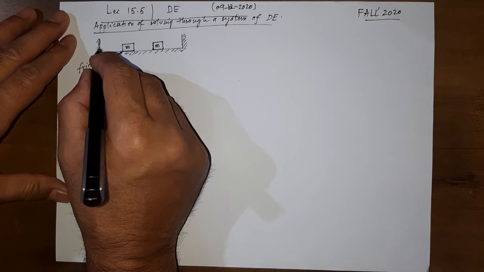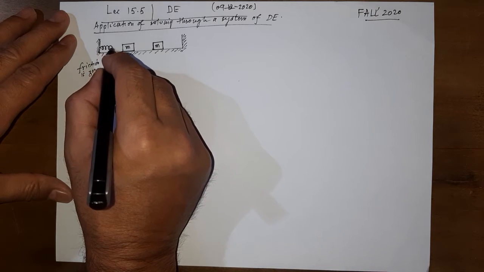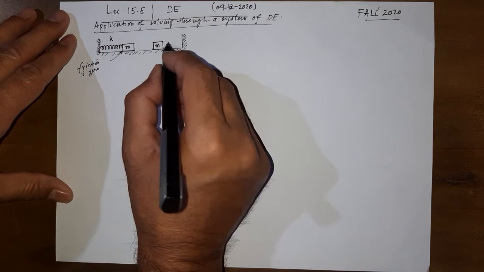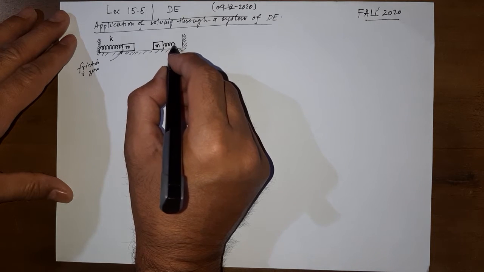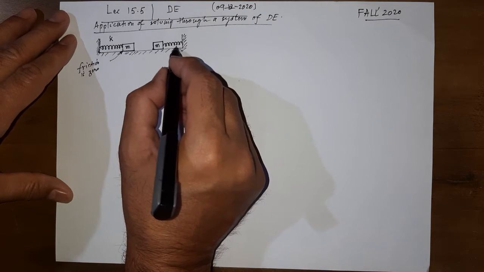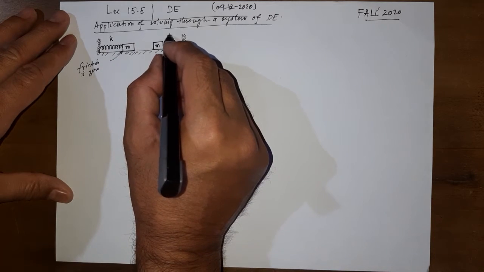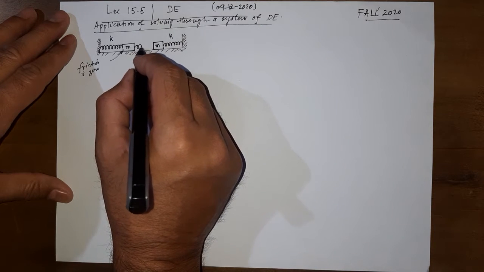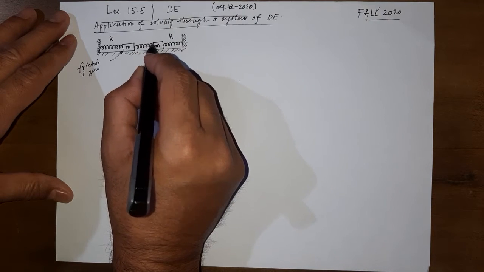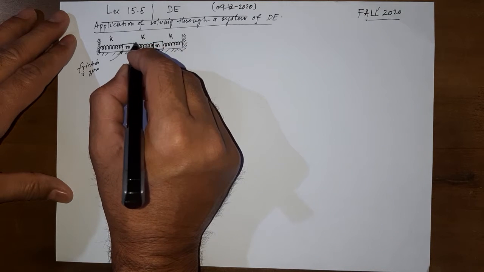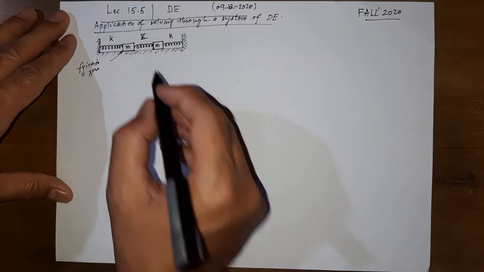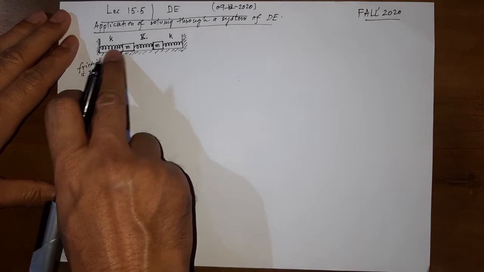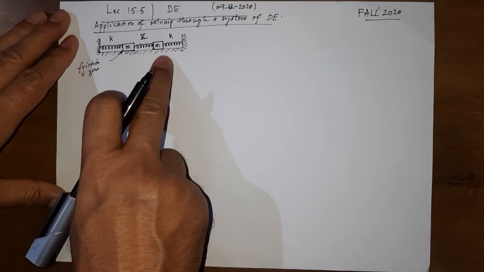masses. And let us assume that this mass is tied to this wall with a spring constant of k, and exactly the same spring, same distance, even if this looks smaller than this one, the spring constant is k, and then there is a spring between these two masses, and the spring constant for this is different, and let us write it like this, capital K, to indicate that these two springs are the same, this one is different, the masses are the same, there is no friction